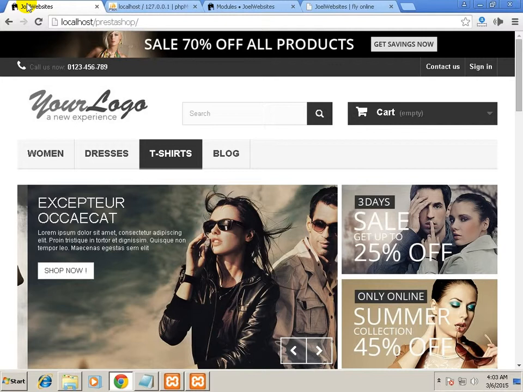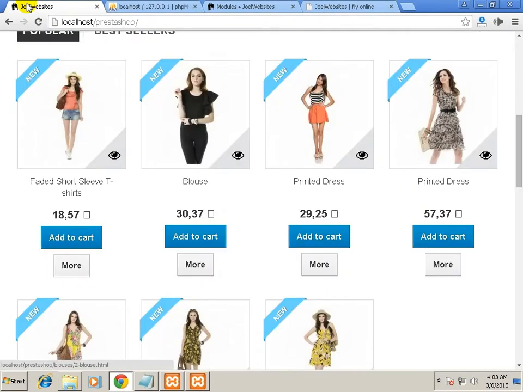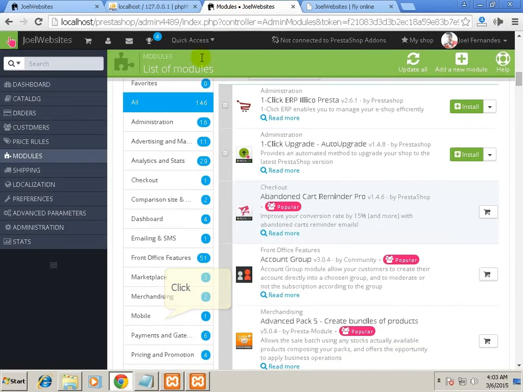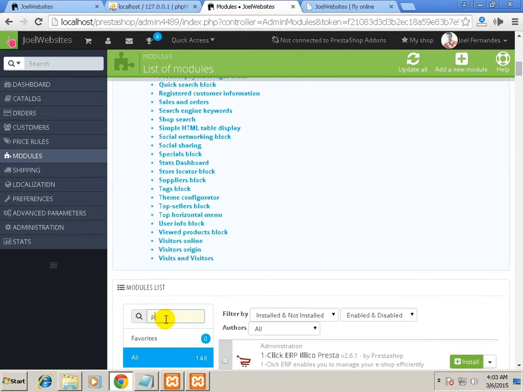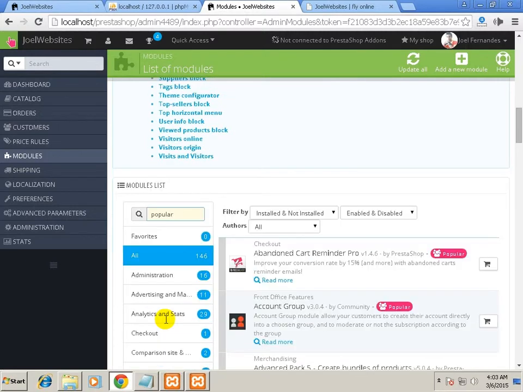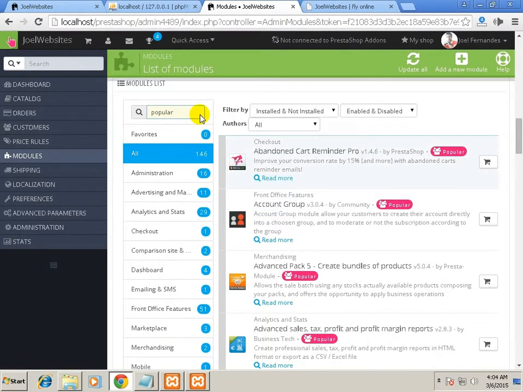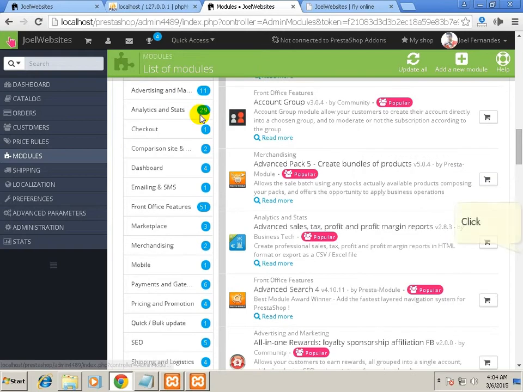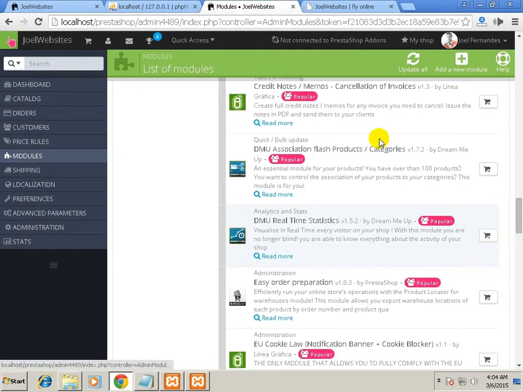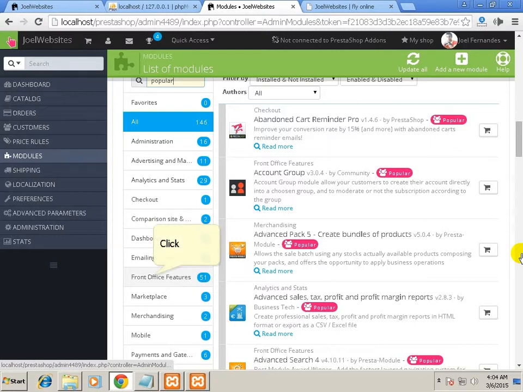Now a simple example is the popular block. So now the word is popular, so there will be a module called popular block. I'll just click enter. It will most probably be in front office features, because that is in the front office.